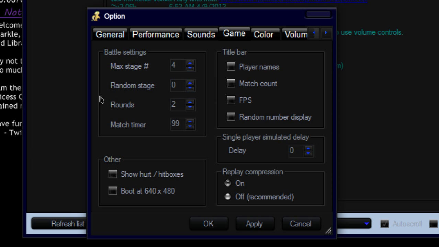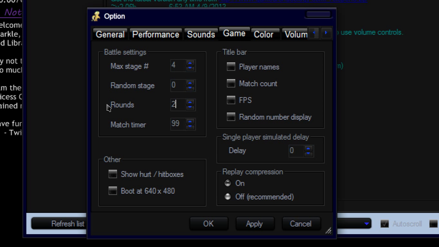Now, 2 rounds means 2 rounds to win a match, 3 rounds maximum, and so on. I think the max you can set this is like 8. I prefer to keep it on 2 because 2 is stable. Timer.